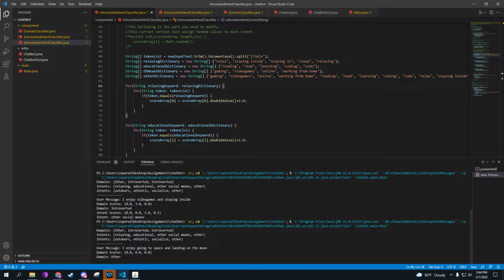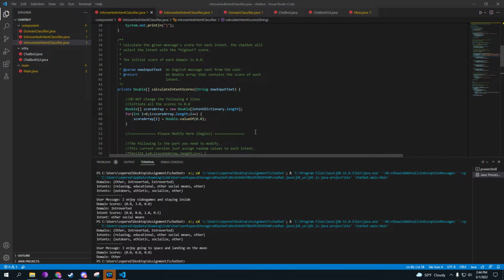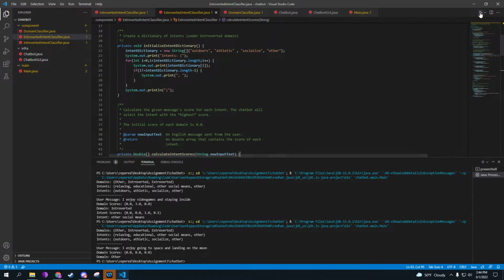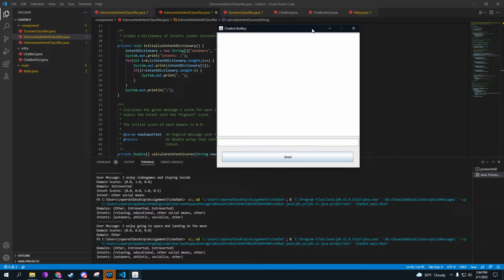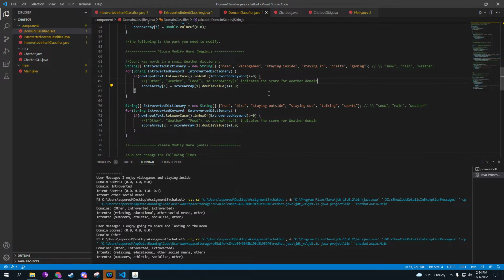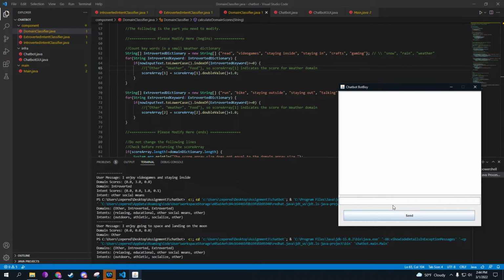Okay. Other than that, it needs to show out of domain messages using the ID code. I'm just going to show some other intents because it says that it wants to show a good number of those. Let's run it again. Let's do another extroverted intent. So going into the domain classifier again, extroverted, let's say I say biking is fantastic.